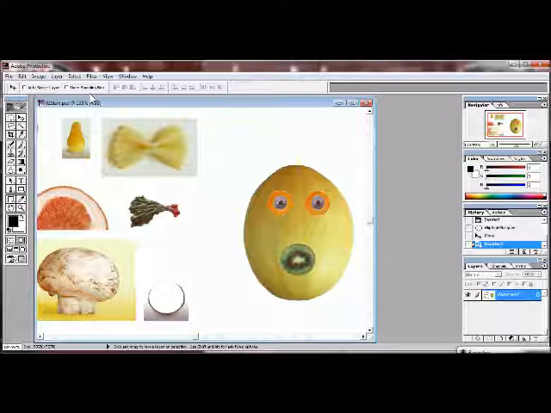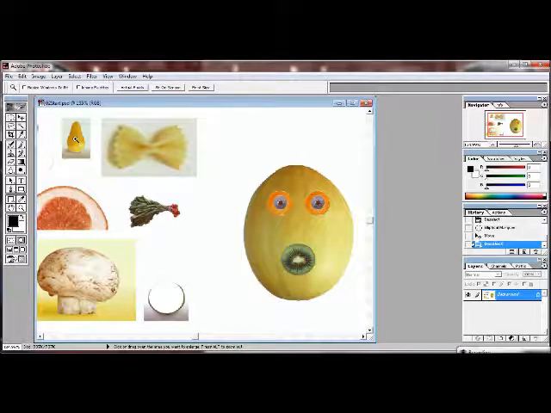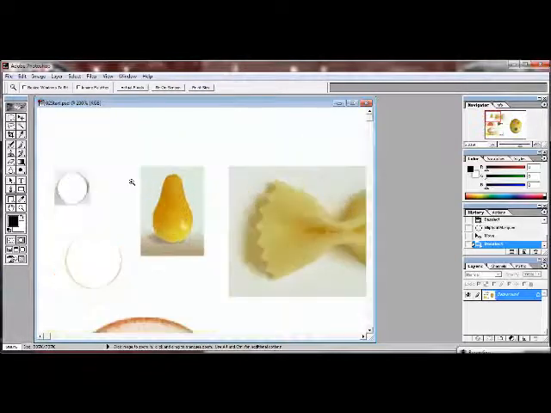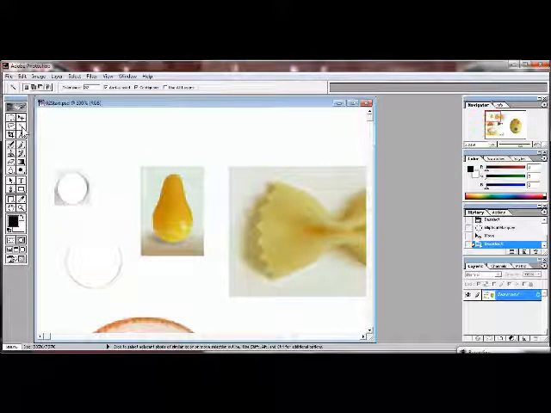Now we're going to work with the nose. So if you will zoom in to the pear, and then go over here underneath the Move tool, select the Magic Wand tool, then go up to the Tool Options bar where it says Tolerance,